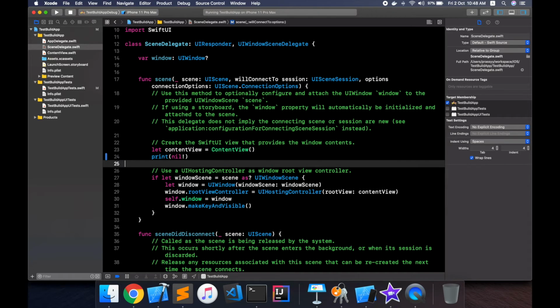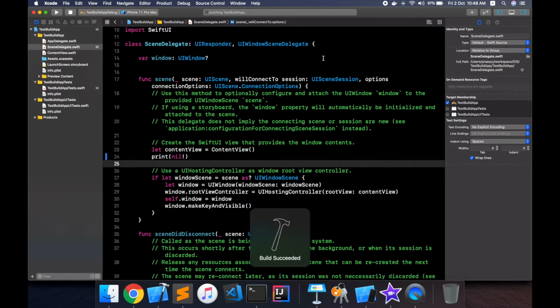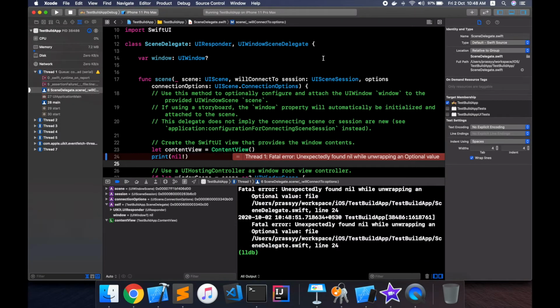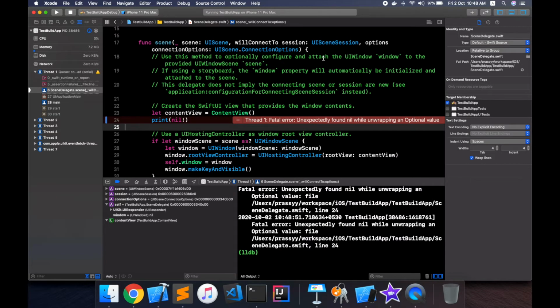So I'm going to intentionally crash the app by force unwrapping an optional which contains only nil. I'm doing this to simulate a crash which might happen when you are running the app. Let us run the test build app debug scheme. We have got the crash.